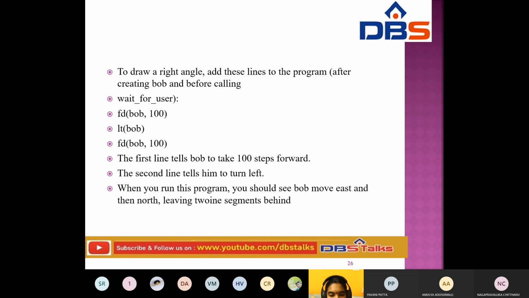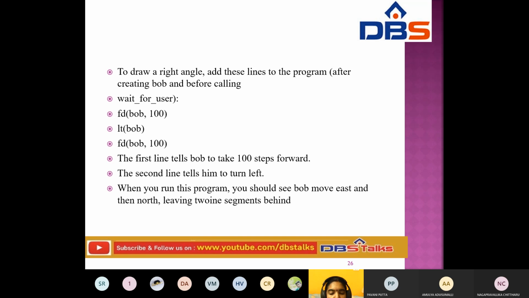The first line tells Bob to take 100 steps forward. The second line tells him to turn left. Then FD Bob 100 again.